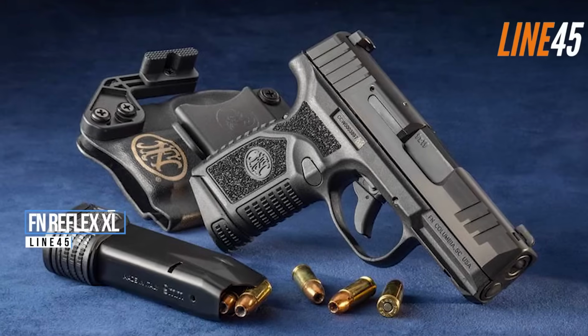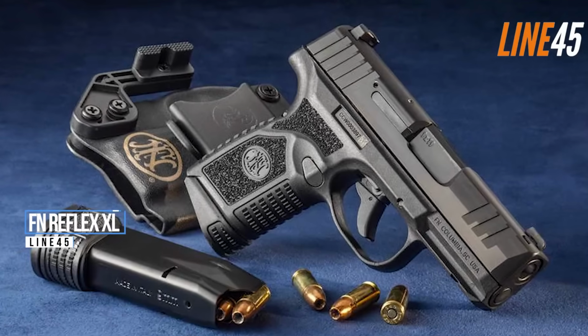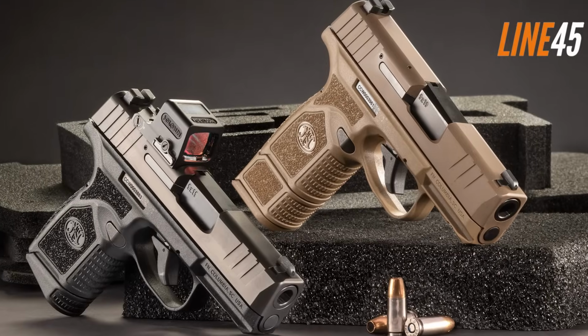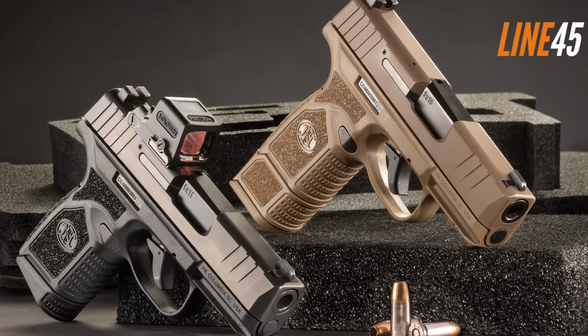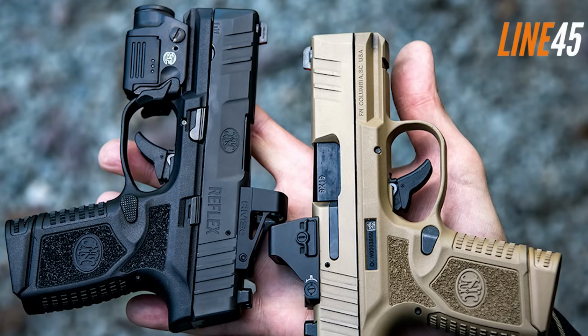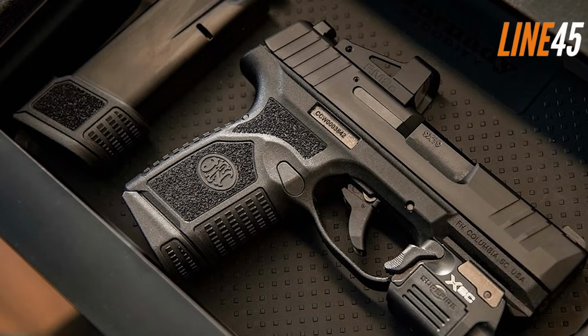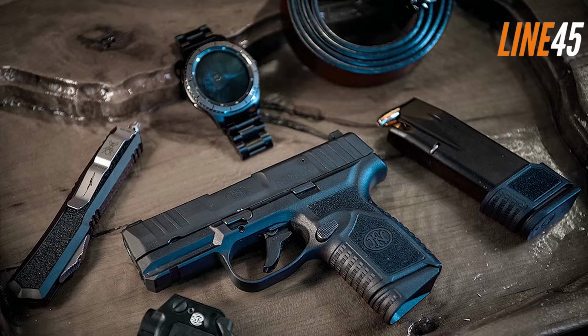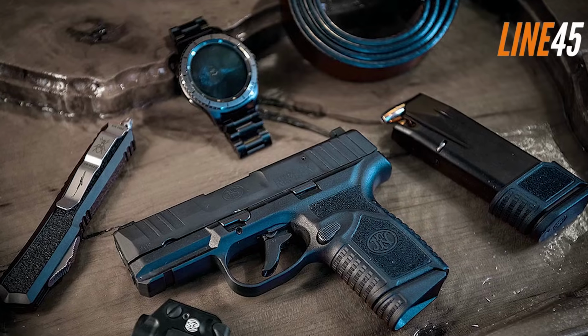FN Reflex XL. Let me be straight with you. I've been a hammer-fired guy for years, so when FN dropped the Reflex XL with that internal hammer setup in a world gone full striker fired, I had to try it. What caught me off guard? It's not just good for a carry gun. It's damn good, period. I've put rounds through this thing on both flat ranges and low-light drills, and the first thing that stood out